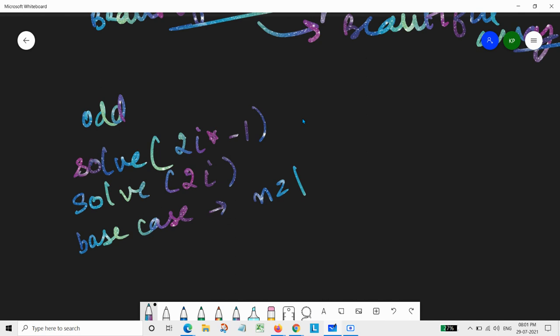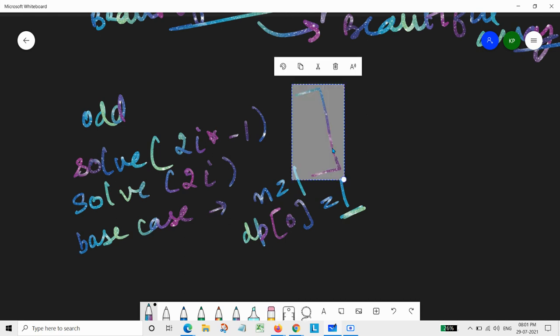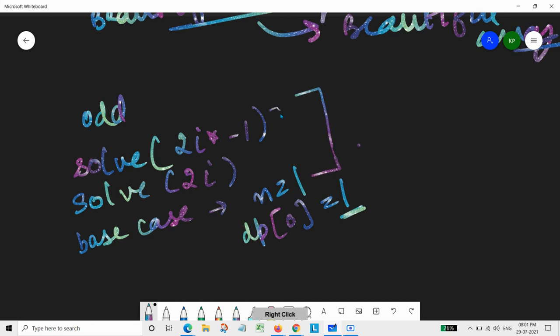And if we want to memoize it, then it will be simply dp of 0 equals 1. Basically, what we are doing is that we are simply building up the solution over this element only, because 1 would always be a beautiful array only. So that's why this could act as a base case if we memoize it, and if we talk about the recursive relation, then it could act as the two recurrence relations only, meaning basically the two choices which we need to make, and this will be our base case.